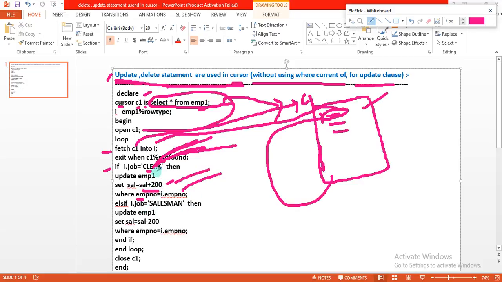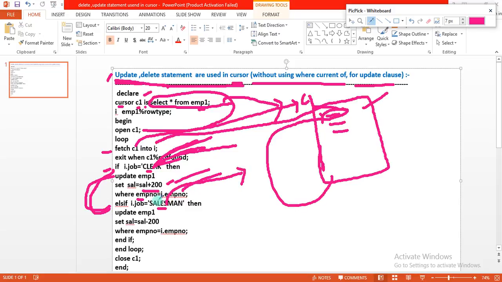Now if the employee is not doing the clerk job, then go to the else if statement, which checks this condition: I dot job equals salesman. If the fetched record from the cursor is for an employee doing a sales job, it will return true.